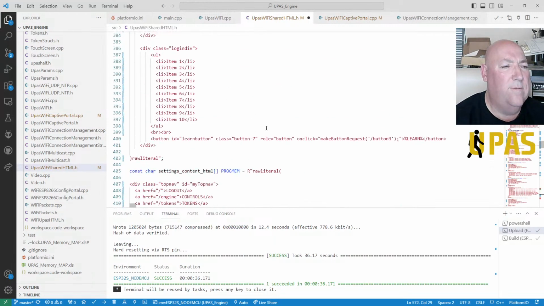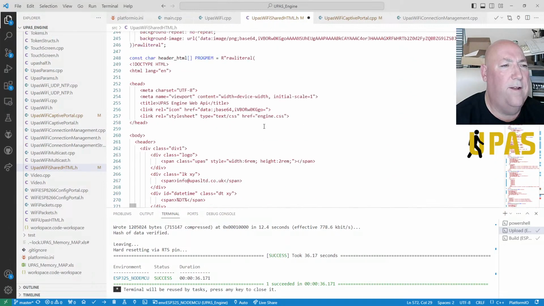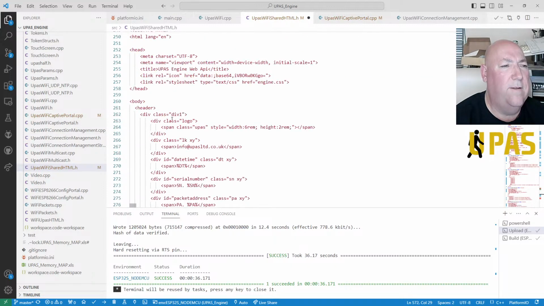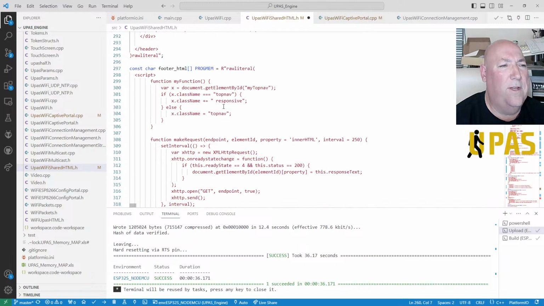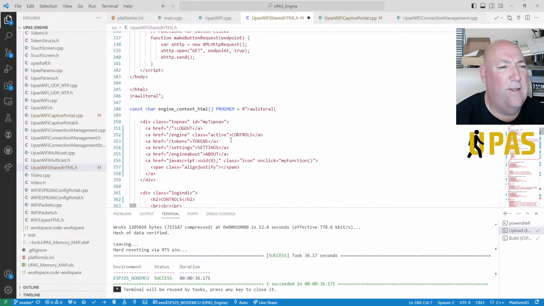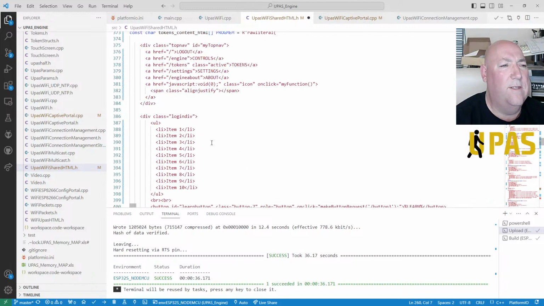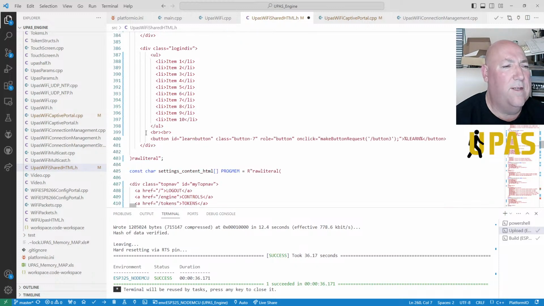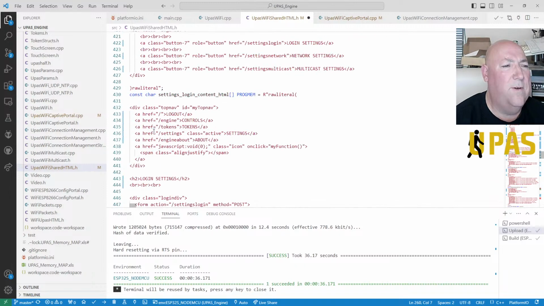Let's go on to header. So here's the header. We've got body. So we never want to see body again. We've got body there, and we should have body in the footer. Have we got body in the footer? Yeah. Body there. So we never want to see in any of the content sections anything to do with body. So that'll give us an error, won't it? So let's get rid of the body. Settings, content. Yeah, we don't want to see no body.